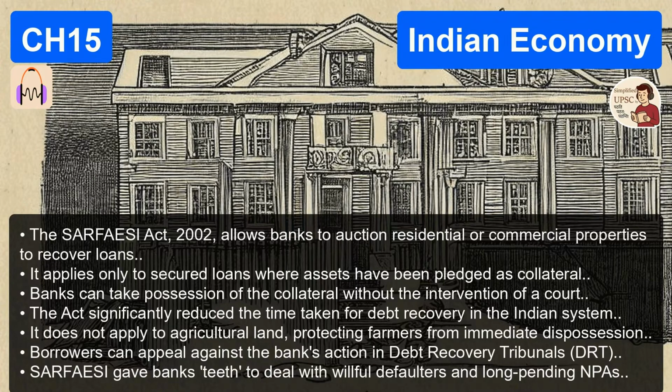90 days. It is a strict, hard timeline. Day 91, the computer flags it. It's an NPA. Exactly. And once it's classified as an NPA, what happens? There are categories, right? Yes, the deterioration is tracked. For the first 12 months that it remains an NPA, it is classified as substandard. Substandard. If it remains an NPA for more than 12 months, it is downgraded to doubtful.